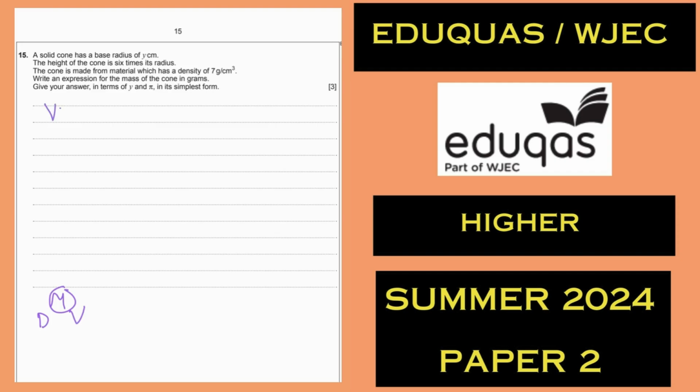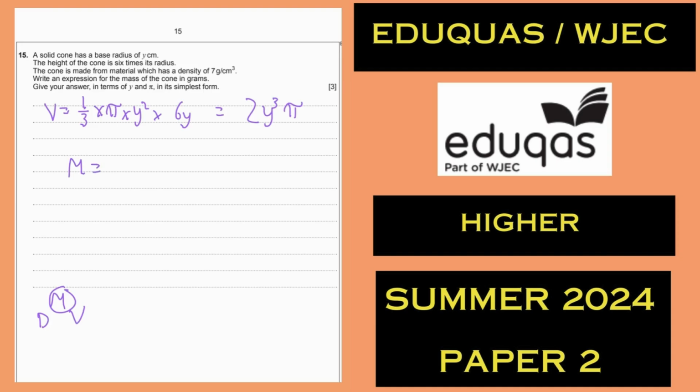Let's do volume then. Volume of a cone is 1/3 times pi times the radius squared, times by the height. The height is 6 lots of the radius. As you can see, there's a pi in the answer. There's a r cubed in the answer. And the 6 and the 3rd simplify to 2. Well, even easier, as you can see,